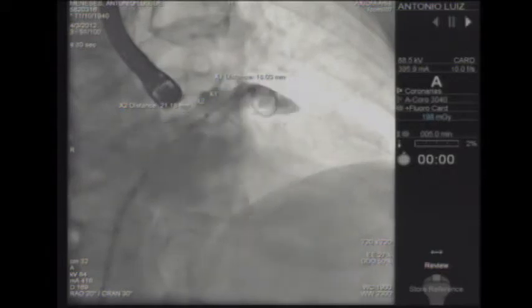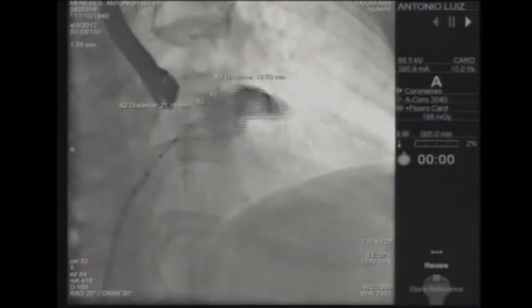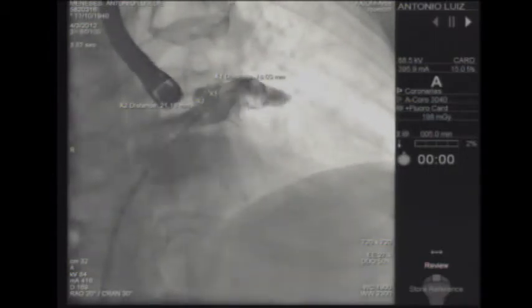And we had about 20 at the mouth of the left atrial appendage. So if we can run a little bit, just for you to get a real idea of the anatomy of this left atrial appendage. And we're going to go to the next